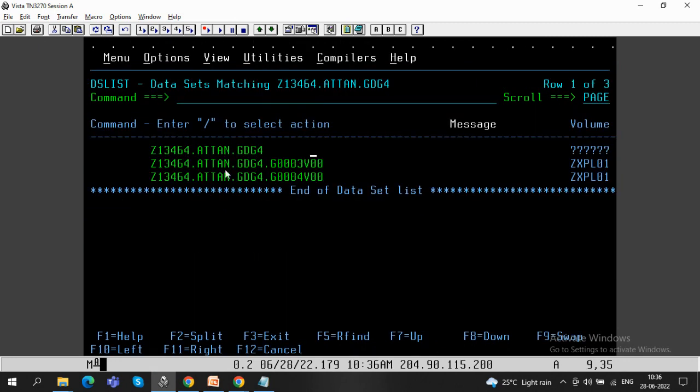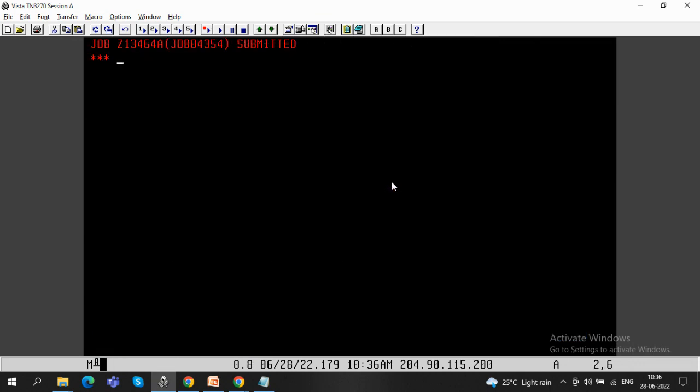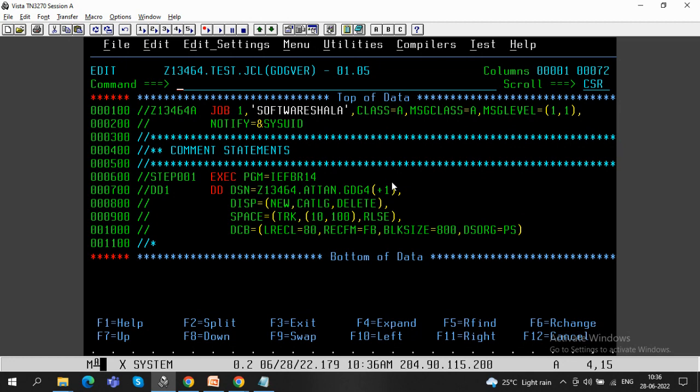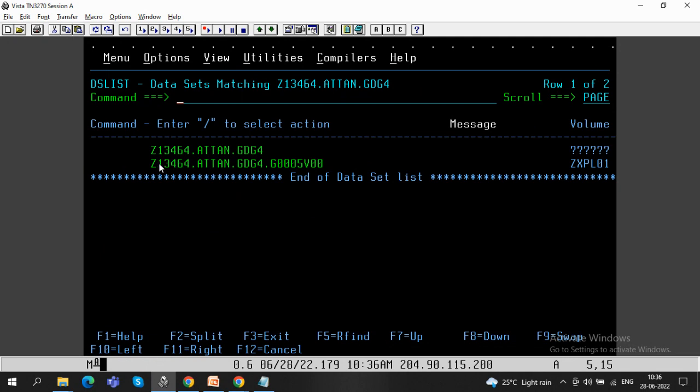So I will again see. Now you are able to see the two generations, 3 and 4. Now let me try to create one more. The limit is reached. If I try to create one more generation, it will delete 3 and 4 and create a new one. So when I see here, it has deleted 3 and 4 and created the fifth version. Now similarly, let me try to use it for